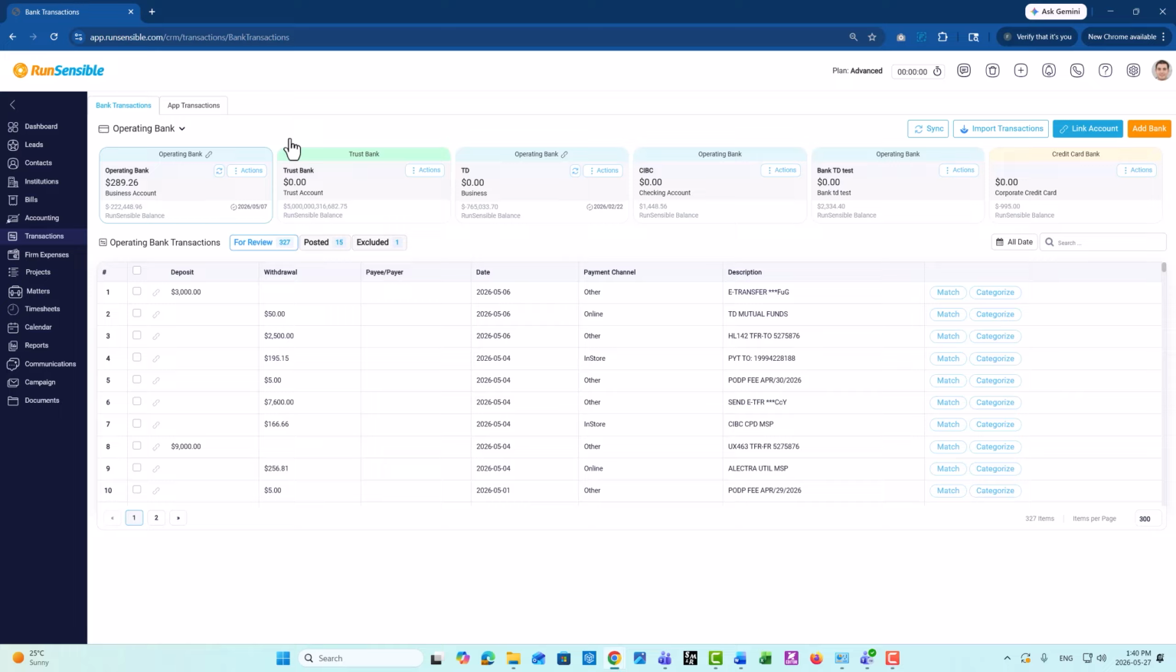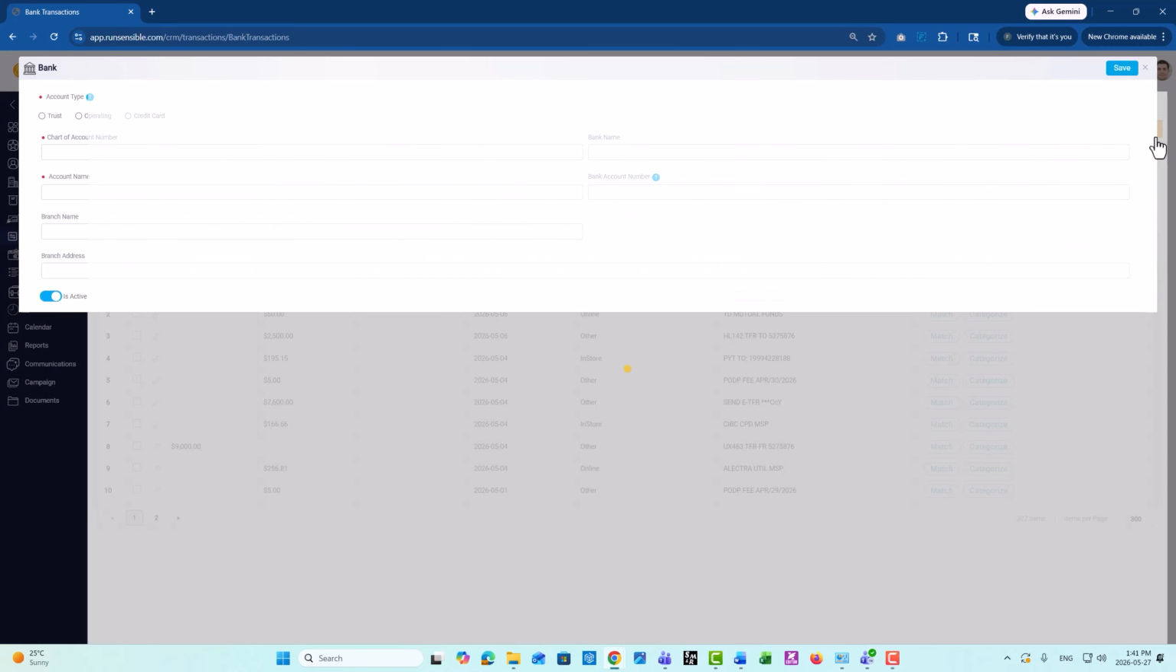Before connecting a real bank account to RunSensible, it is important to confirm that a corresponding internal bank account already exists in the system. The internal account represents the bank account within RunSensible and serves as the location where imported transactions will be recorded. The internal bank account must be added to RunSensible before any integration or transaction import can take place. To create a new internal bank account, click the Add Bank button located at the top right corner